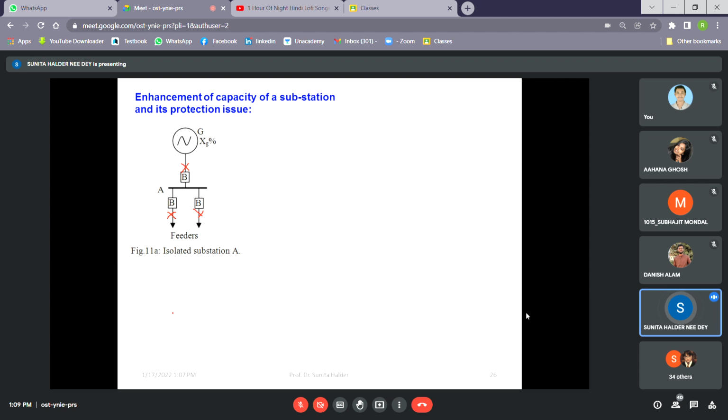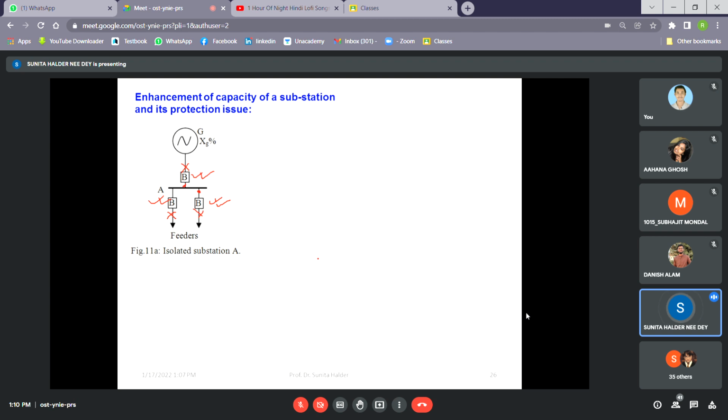Now, say generally a fault does not occur in the bus. Faults generally occur in the connections, maybe in the transmission line on this part or in this part. So if it is near that bus, then what will be the fault current and what will be the fault MVA? Depending on that, the rating of these breakers will be selected. If we assume the fault at this bus or this node, then the fault current will be the same. So the fault MVA will be the same for all these 3 points. So the breaker will be of the same capacity, maybe S MVA, like that.